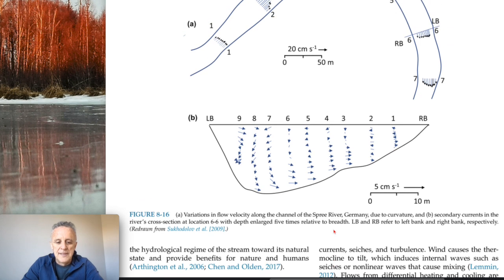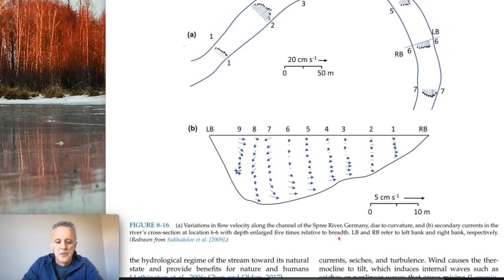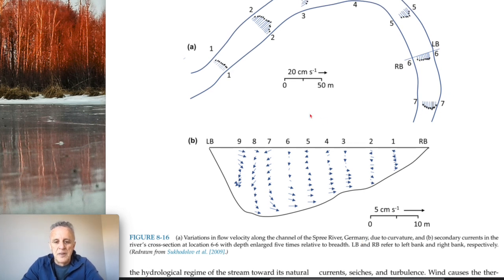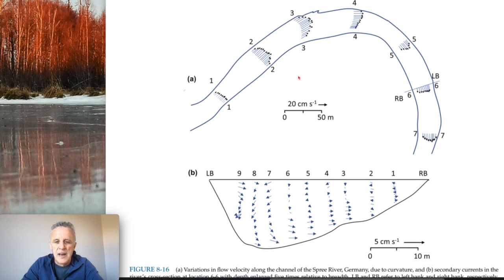So let's look at 8.16 here. Variation in flow velocity along the channel of the Spree River in Germany due to curvature and secondary currents in the river's cross-section at location 6, with depth enlarged 5 times relative to breadth. LB and RB refer to left bank and right bank, respectively. Okay. So A is we have